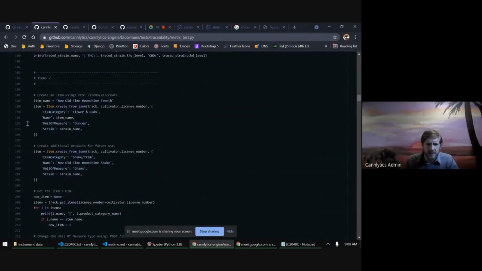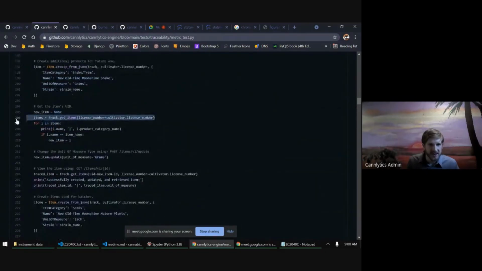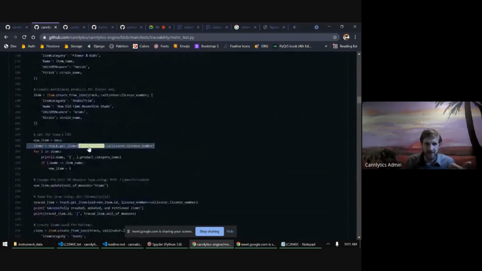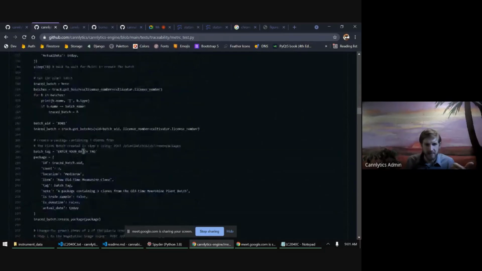Similar things with items. So you can use this test case as an example of how you would go about creating items or just getting items. Before your manager gives you the green light, you don't want to do anything willy-nilly. But before you get the green light to start posting, you can just start by getting your inventory, right? So just get your items, get your batches,